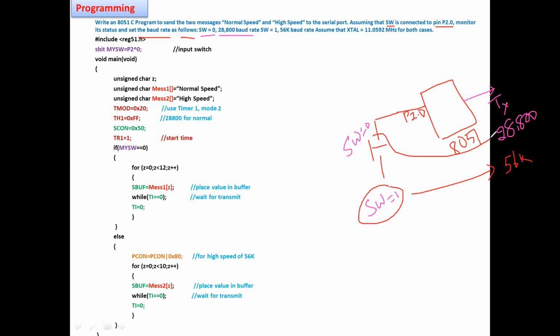So how will you program this? When the switch equals 0, I will send the message normal speed, and when the switch is 1, I will send high speed, as per the program.